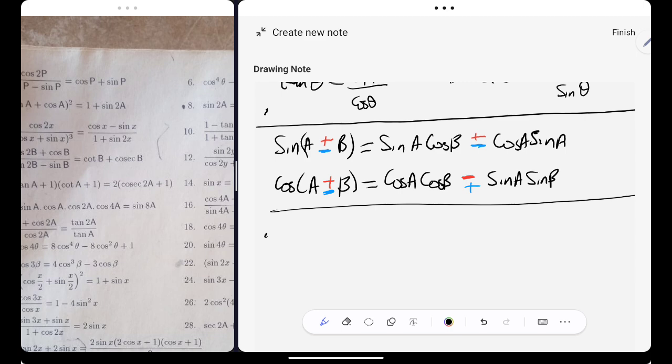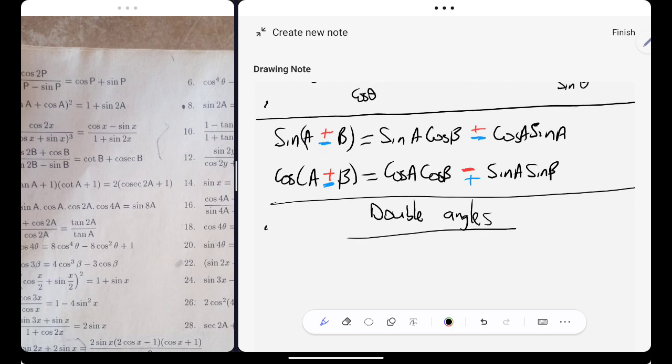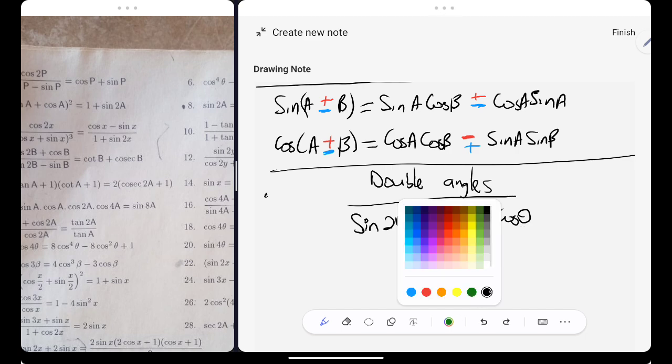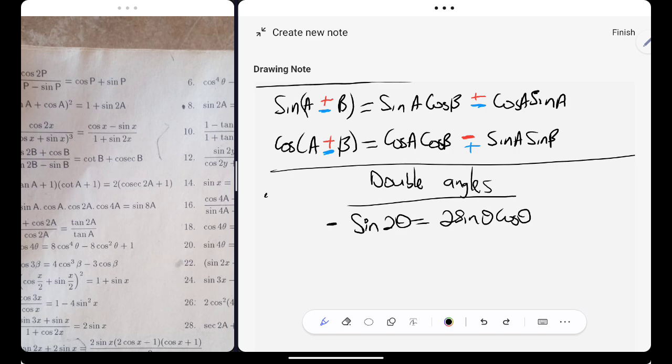And then we have the double angle identity. For sine, it's just simple, ne? Sine 2 theta is 2 sine theta cos theta. Please remember the relationship, guys, between these, ne? The angles here, these angles are half of this one. That's the relationship between the double angles, ne? This one is for sine, and then for cos